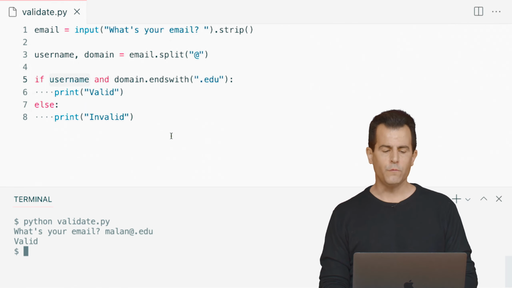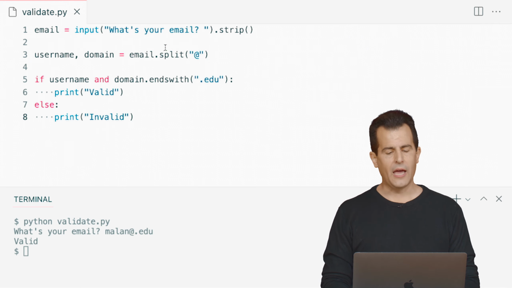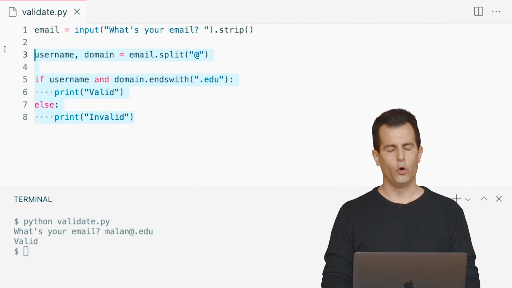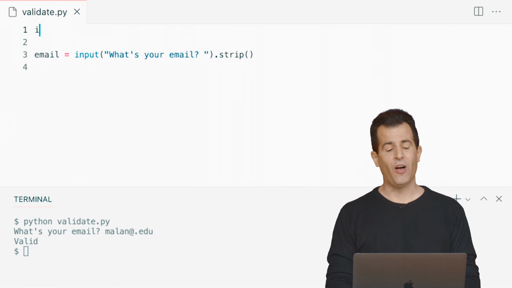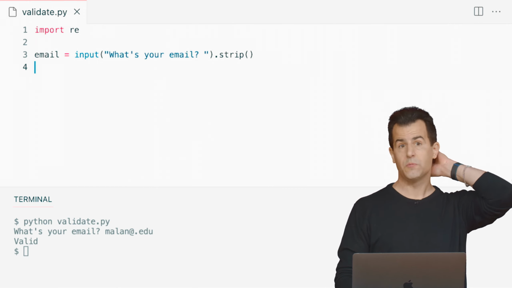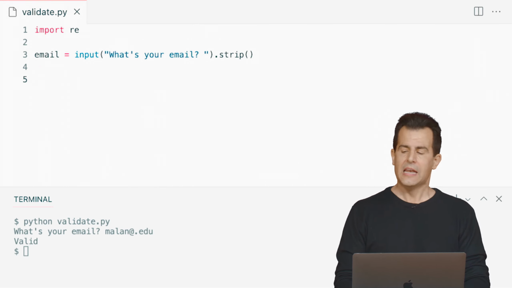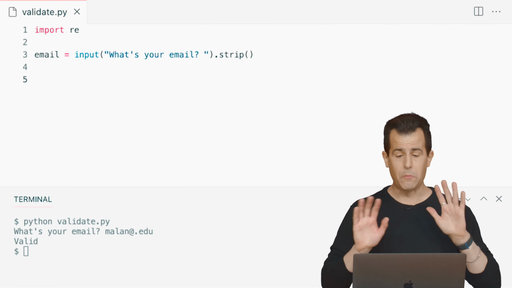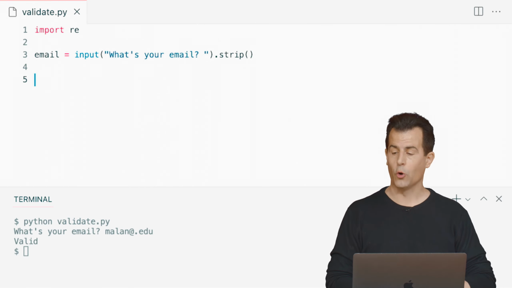I'm going to go back to VS Code here, and I'm going to go ahead now and get rid of most of this code, but I'm going to go into the top of my file and first of all import this re library. So import re gives me access to that function and more. Now, after I've gotten the user's input in the same way as before, stripping off any leading or trailing white space,